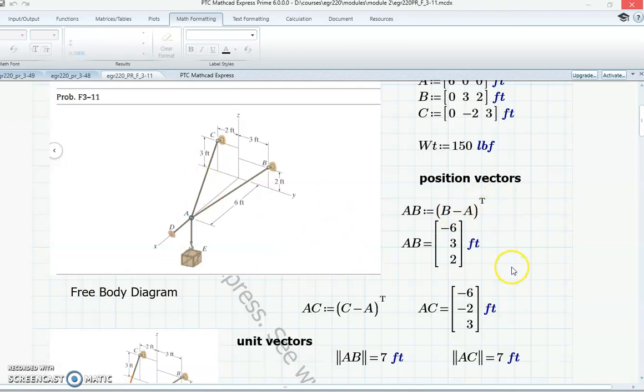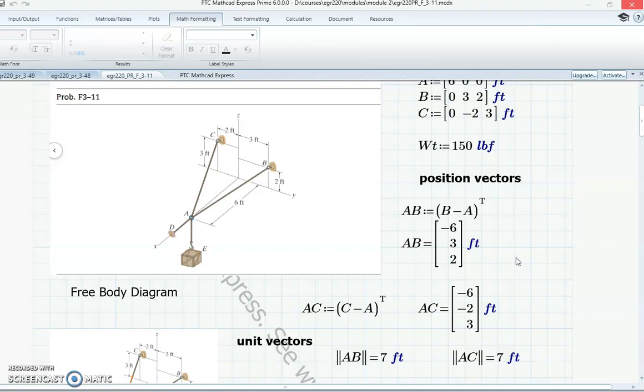I'm using MathCAD here, and the version I'm using is free from PTC. Google PTC or Google MathCAD, and you can get a free version of it. Now, the version I have just does basically arithmetic, but it does do vectors. It doesn't do the symbolics, doesn't do the algebra, but if you pay for it, then you can have it do the algebra too. I think the student version is right around $100, so it's not bad. Probably well worth the investment. But the free one is certainly usable; you can think of it as a mathematical Word, only it does